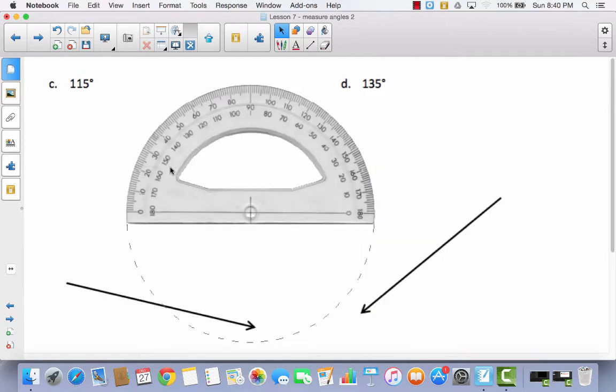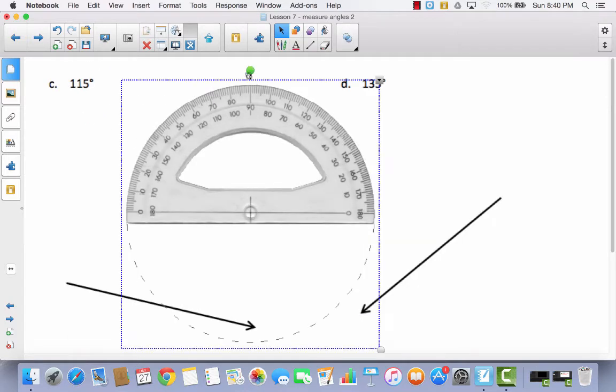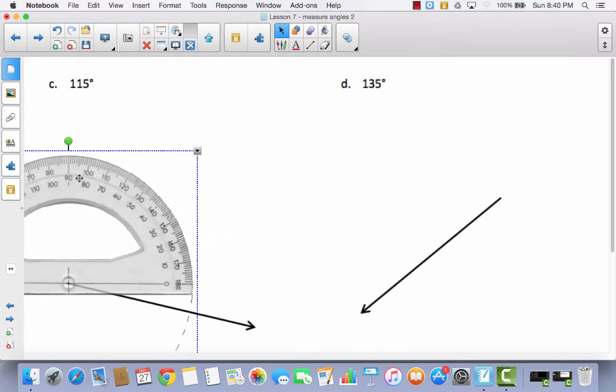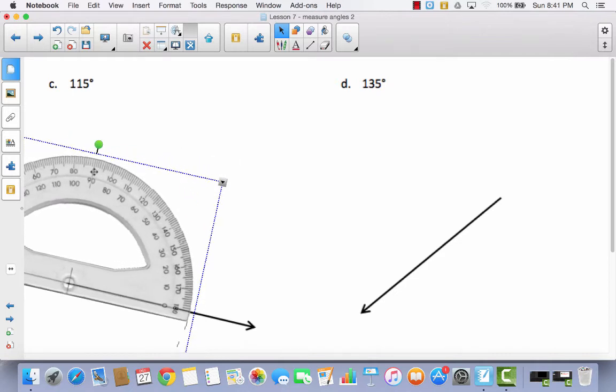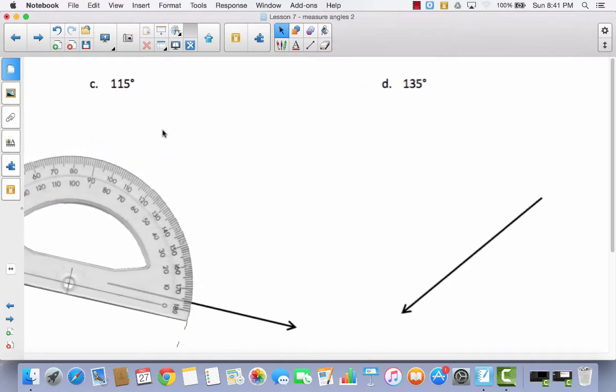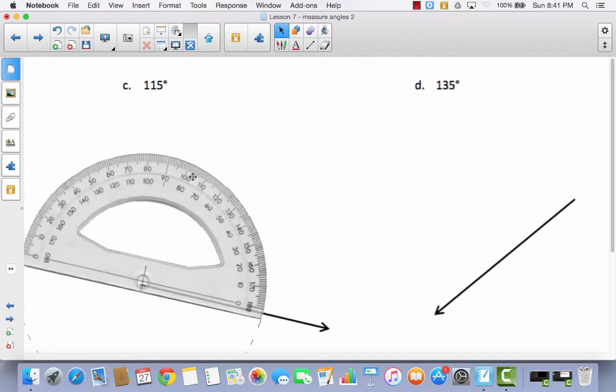All right, so again, they've given us a ray, and we're going to make an angle that's 115 degrees. So I'm going to put this on the vertex like this. I'm going to turn it sideways. Now I'm going to have to shift this over a little bit so that we can see. Okay, now